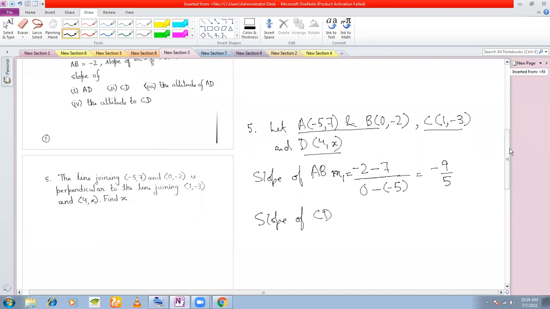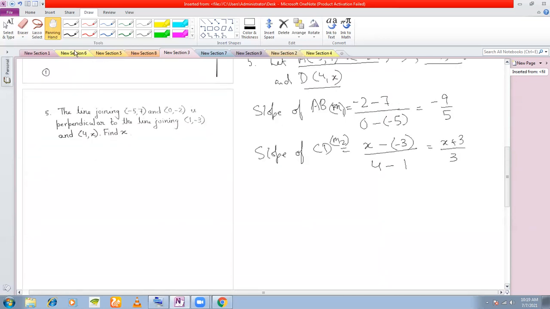Look at the coordinates here. The slope of CD here is again y2 minus y1 divided by x2 minus x1. So this is (x plus 3) divided by 3. Let us call this m2, and this m1. Since AB is perpendicular to CD,